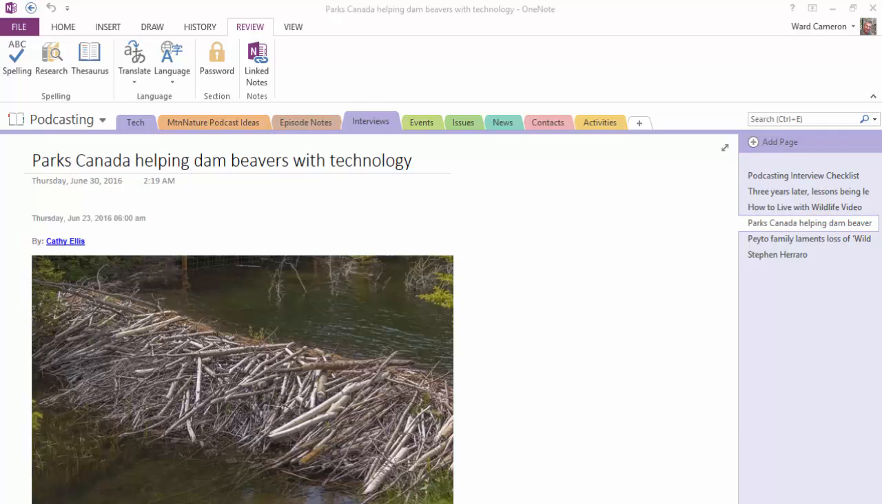I wanted to do a quick screen capture video today to show you how I'm beginning to get organized for this podcast. I know each podcaster has their own way of collecting information and notes and interview suggestions and important tidbits that they want to include in their programs. I wanted to show you how I've been using a program called OneNote by Microsoft in order to help me